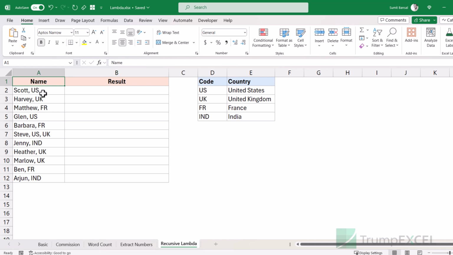Here I have these names and I have these codes and the full country name here in a separate table. Now what I want to do is I have a name followed by a country code, and I want to replace that country code with the full country name based on this table. So if I have Scott, US, then I want to have the result as Scott, United States, and here Harvey,